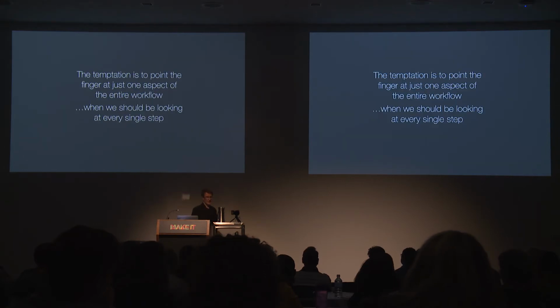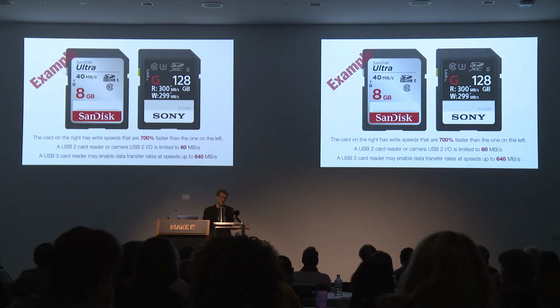What I'm trying to do here is basically say that a lot of people like to point the finger at one thing and then do nothing about their workflow because it's somebody else's fault. And as a consultant, I often go in and try and leverage faster workflows from companies. And I look not at one thing, the software, I look at everything in the workflow. To give you an example,